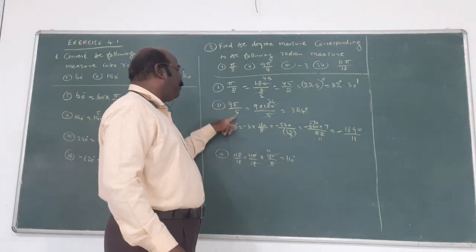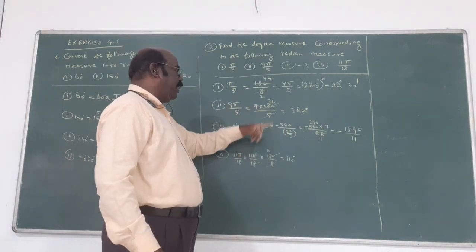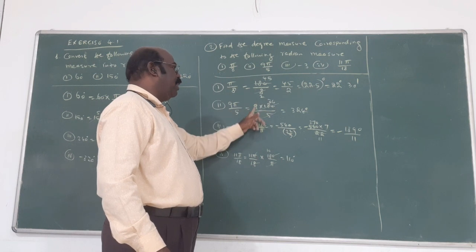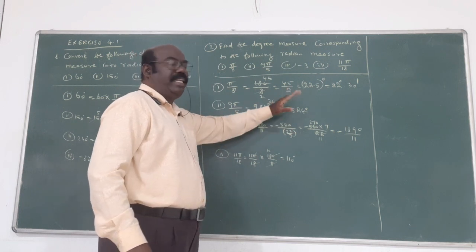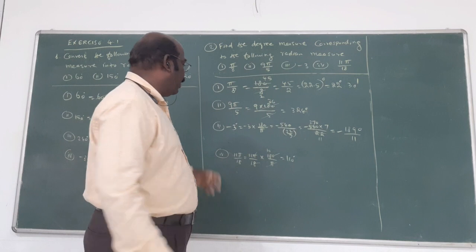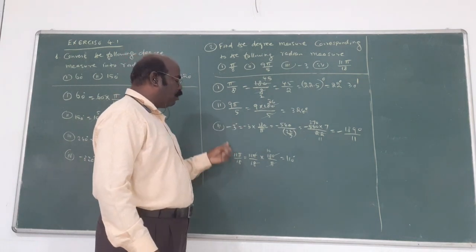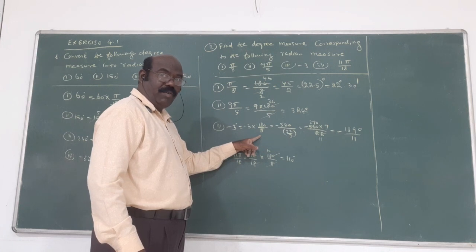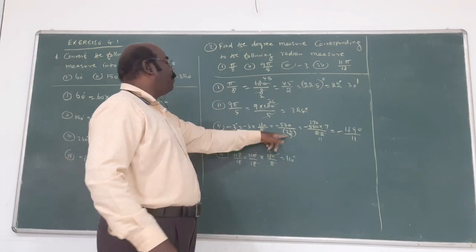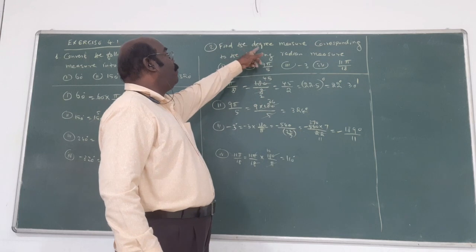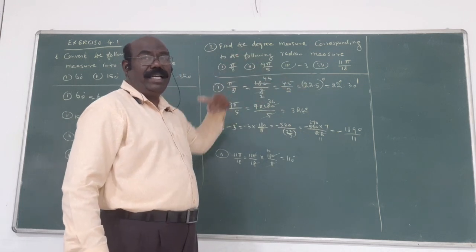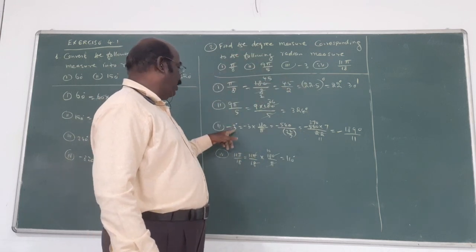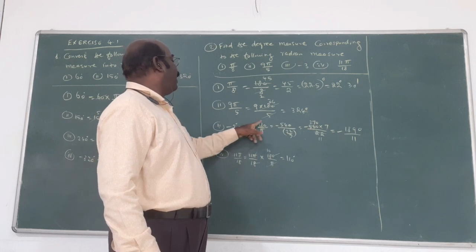Now next, pi by 5. Pi is 180 degree. Fifth level, that is the sign. 9, that is 324 degree. That is the answer. Now next one is minus 3 degrees equal to minus 3 into 180 by pi. Again put the value of pi, because we want only degree method. That's why minus 3 into 180 by pi.